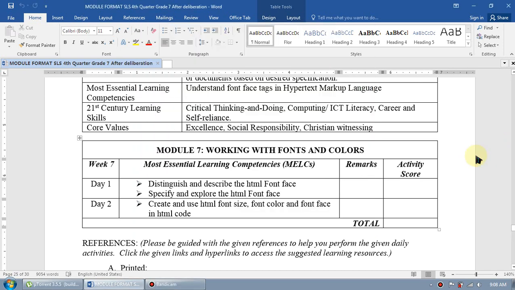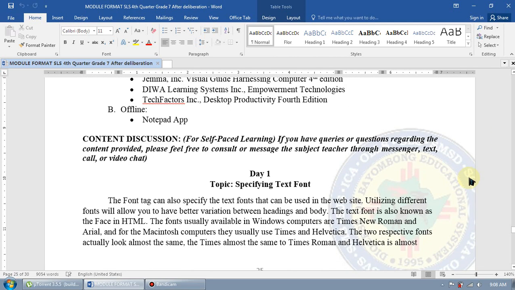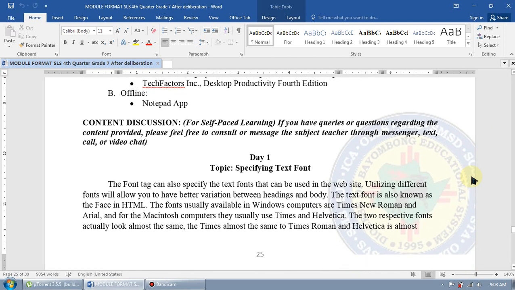Good day everyone, this is now week 7 of 4th quarter. And into this week, we're expected to distinguish and describe the HTML font face, specify and explore the HTML font face, create and use the HTML font size, font color, and font face in HTML code. So to start with, let us proceed to day number 1 into a short introduction about font face or specifying